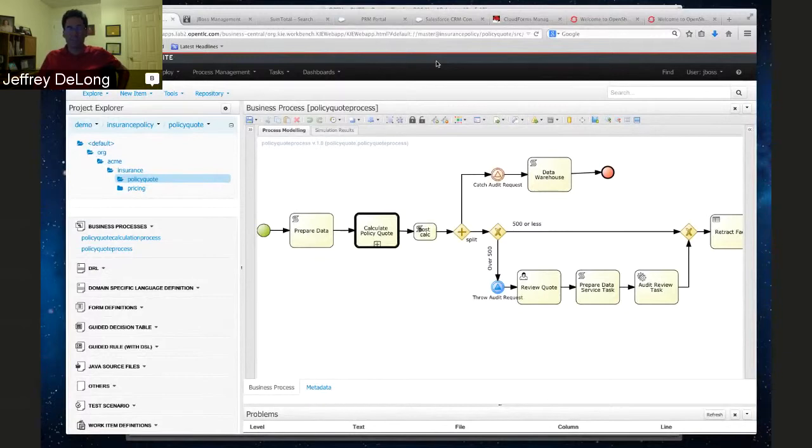So this is a business process. This is probably about what you have at the end of lab 14 or 15, a completed business process. You start off by creating a project, an organization, and a project within that. You create some rules in our guided rule editor. We then show you how to, in JBoss Developer Studio, get access to the same Git repository that these assets are in, update some of the rules, move them back into the Git repository, work on them some more in